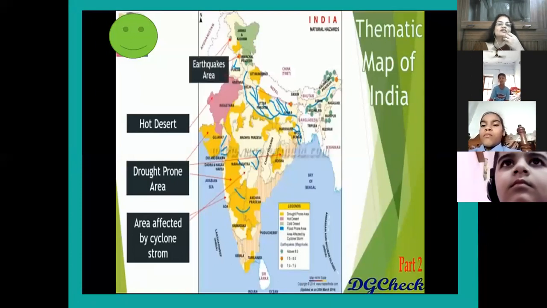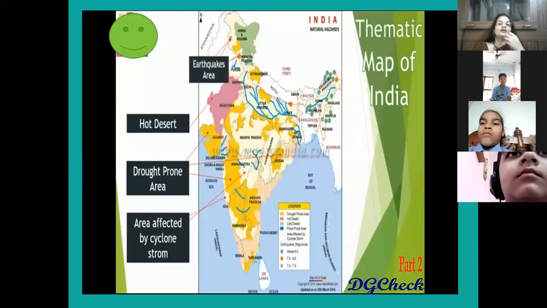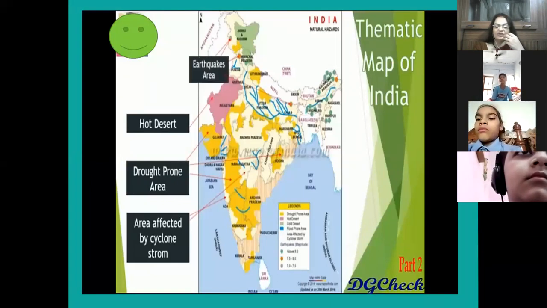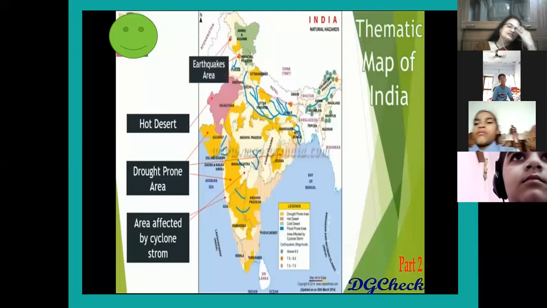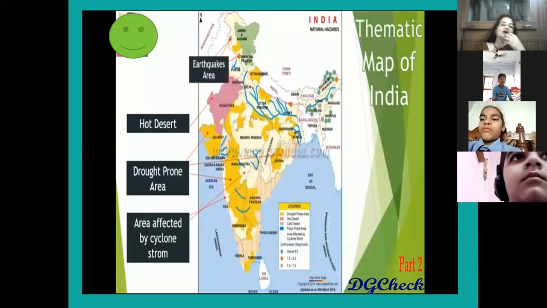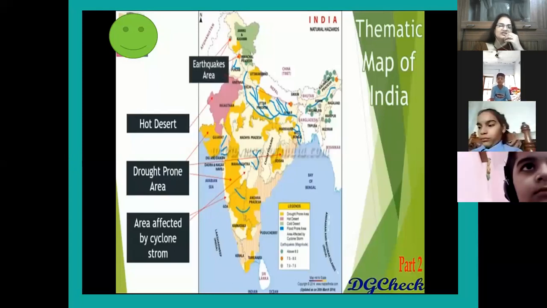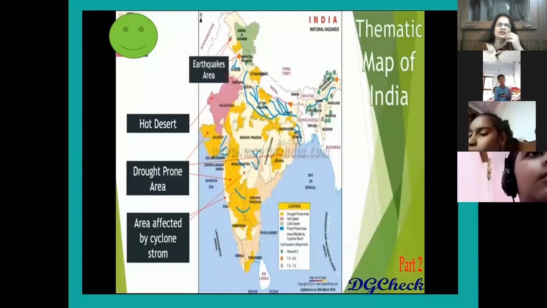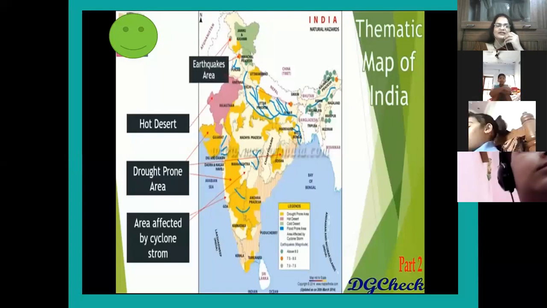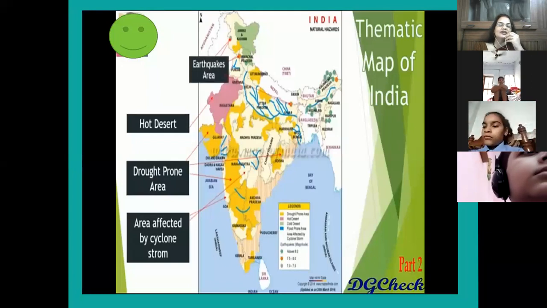So you can see on the map, an earthquake has occurred in Jammu and Kashmir. Then there is a desert area in pink color that is showing hot desert. Drought, sukha, akal padta na, that is called drought prone areas. Yellow color is showing the drought prone areas. Areas affected by cyclone. Just a month back only, a cyclone occurred in the Arabian Sea.